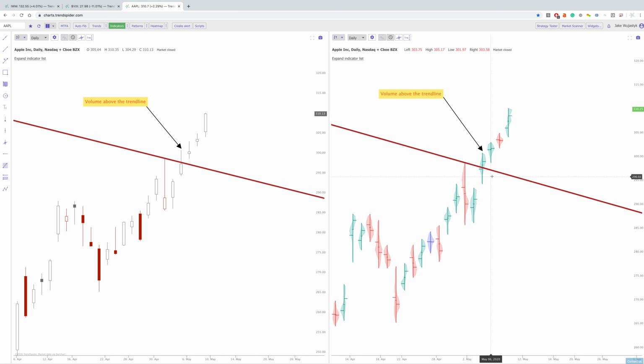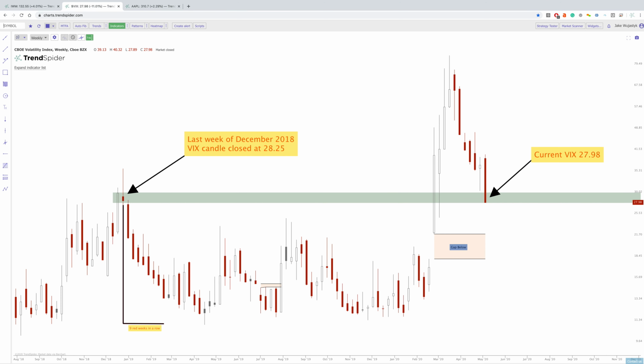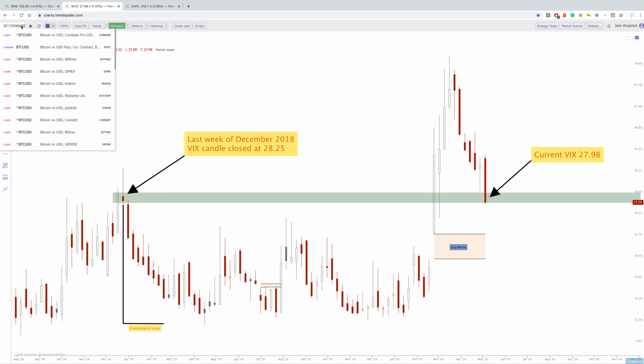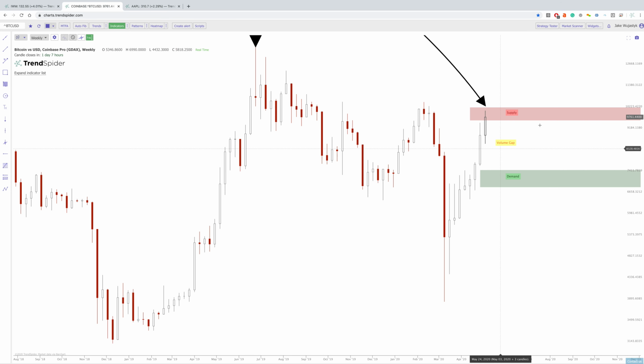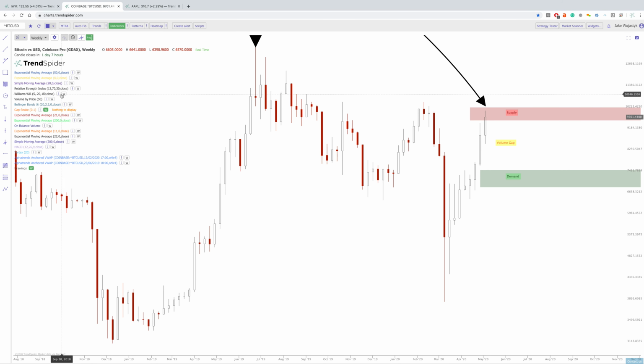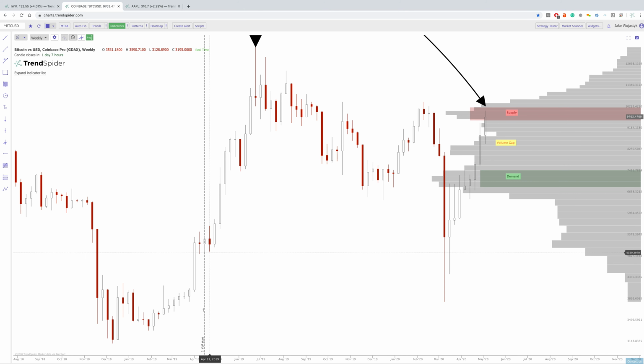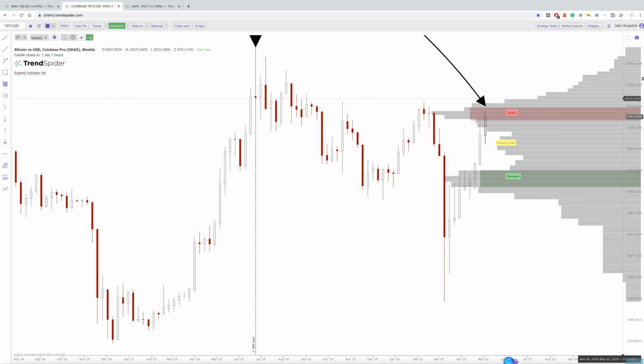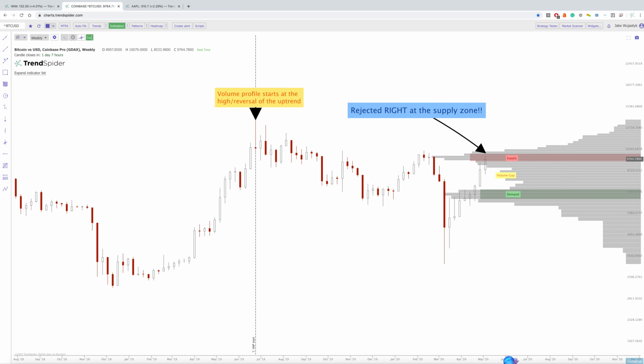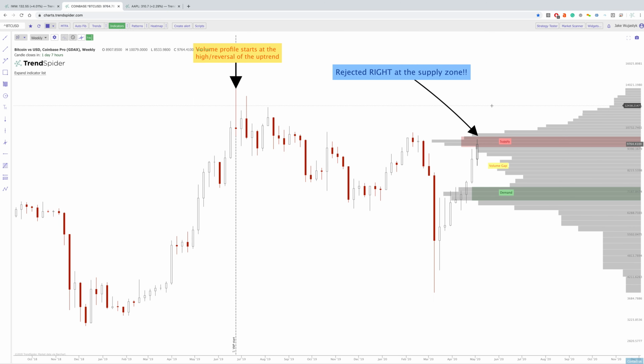Just anything that was tech really kind of made that setup. Going into Bitcoin. Bitcoin is one that I really want to talk about because this is one that we've really looked at on the weekly for some time now, looking at this volume profile that starts on June of 2019. What I did here was I started the volume profile from this top here that we had on June